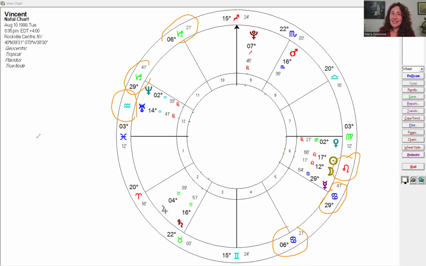And what that means is that the Leo Aquarius axis in his chart is intercepted. For you, if you have an interception, it could be in any pair of signs and any houses, okay? But it's always going to be the two signs opposite. And it will always be true that if you have an interception, then another axis is going to be represented twice because it has to be in order to allow for that interception.